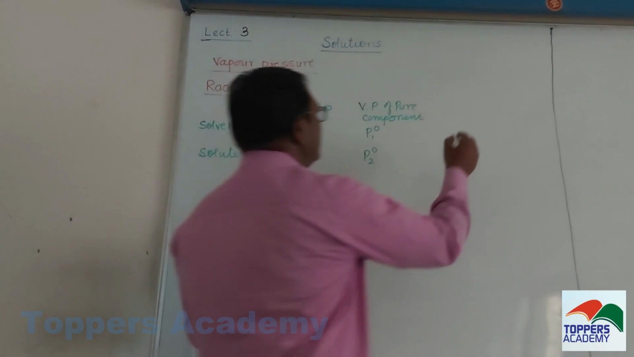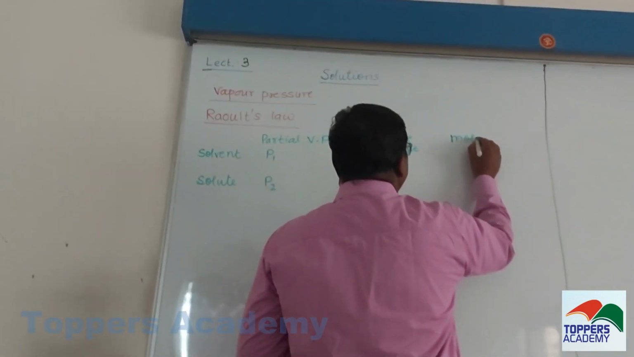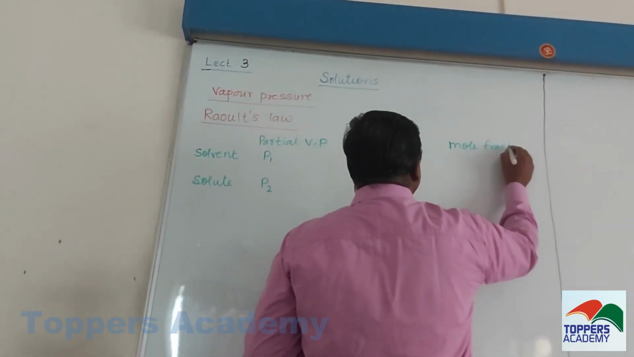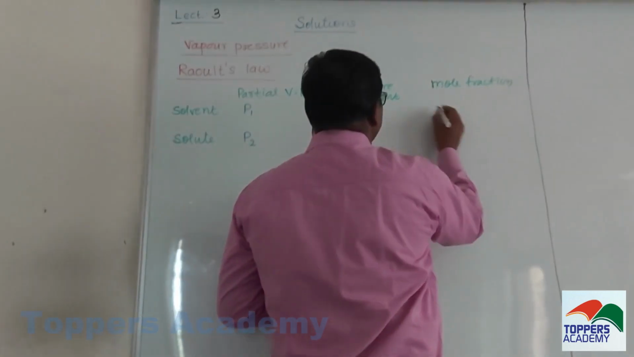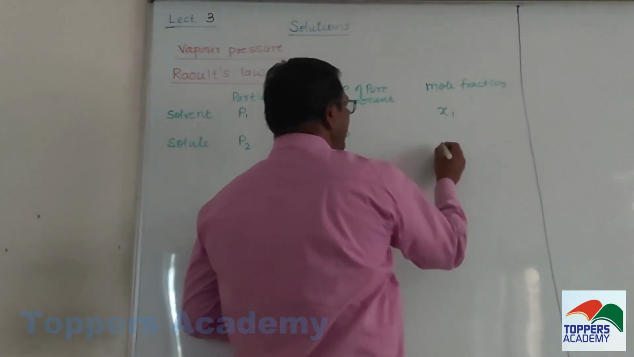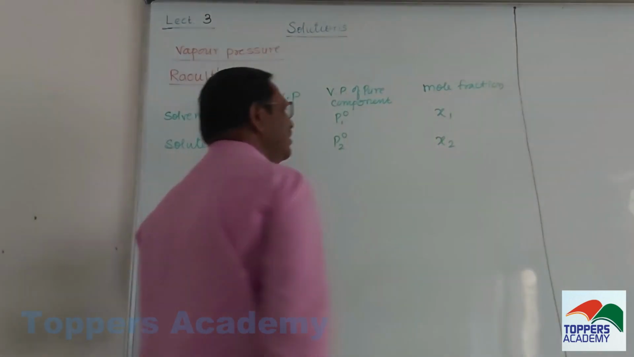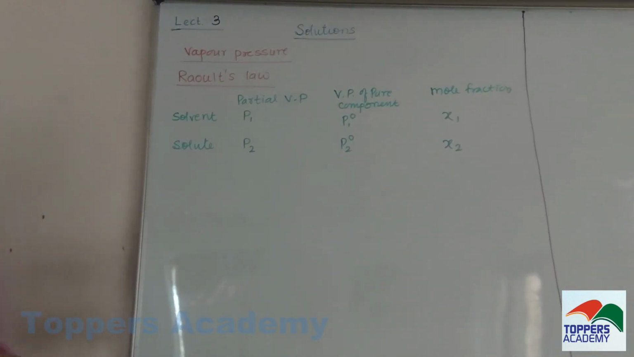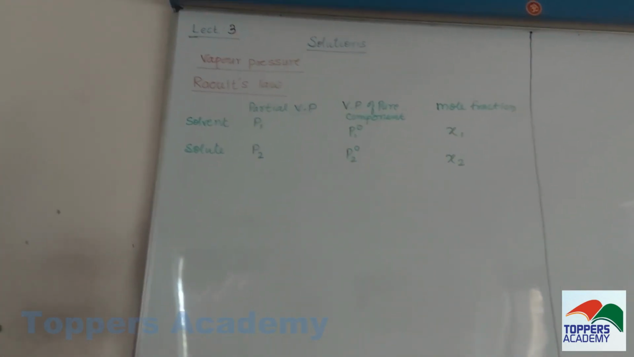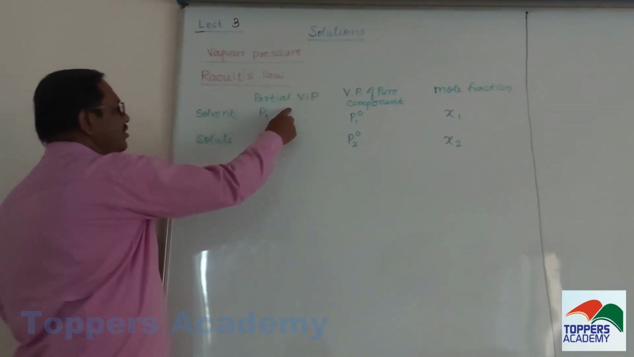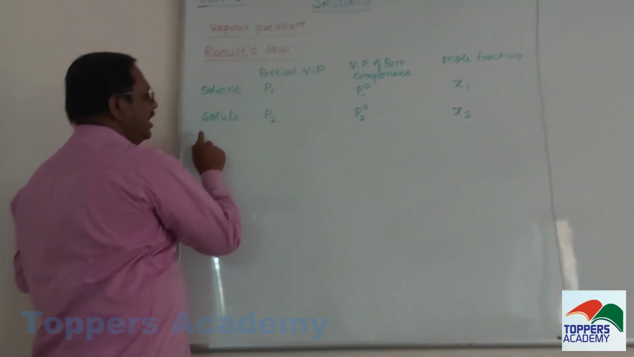And suppose this is the mole fraction. Now let us consider the mole fraction of this as x1 and the mole fraction of this as x2. In this way, the partial vapor pressure of solvent P1 and partial vapor